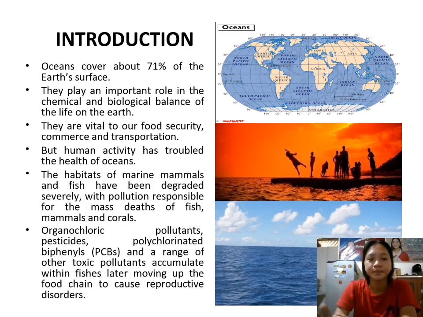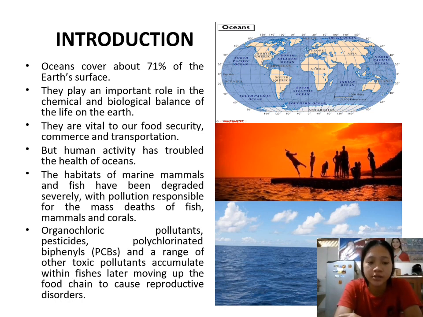The introduction. Oceans cover about 71% of the Earth's surface. They play an important role in the chemical and biological balance of the life on the Earth. They are vital to our food security, commerce, and transportation. But human activity has troubled the health of oceans. The habitats of marine mammals and fish have been degraded severely, with pollutions responsible for the mass death of fish,